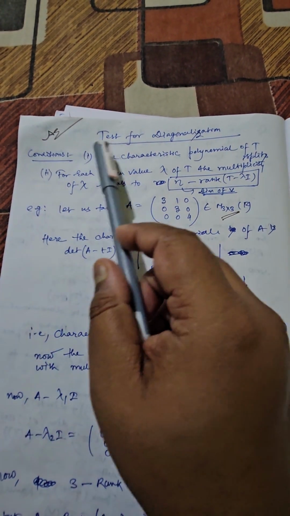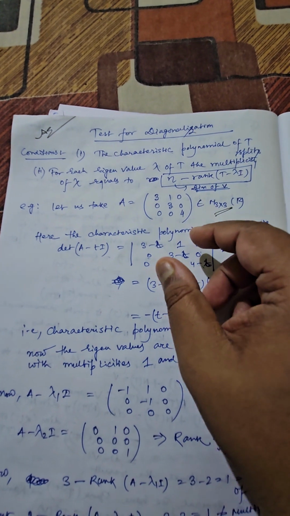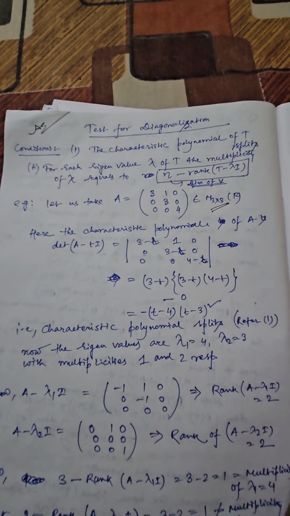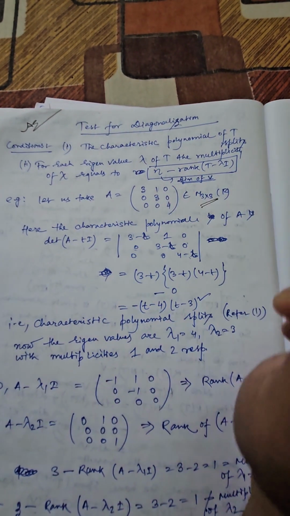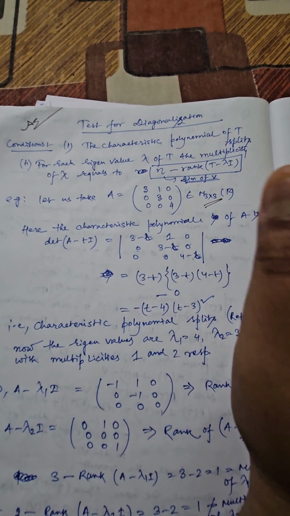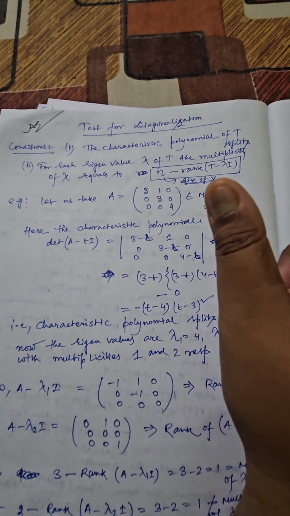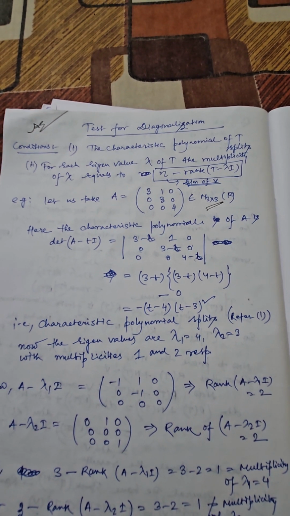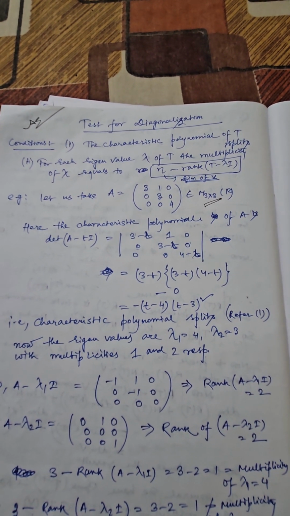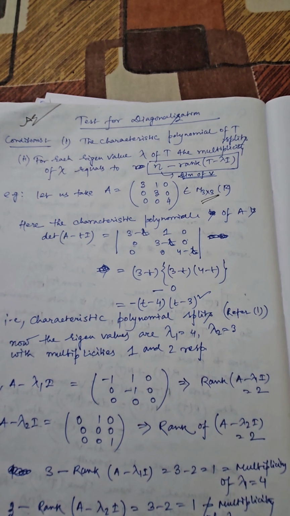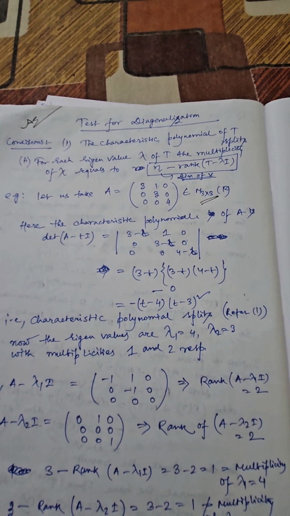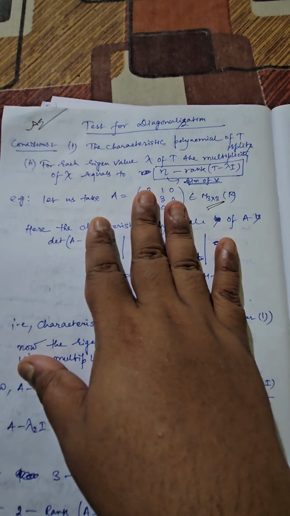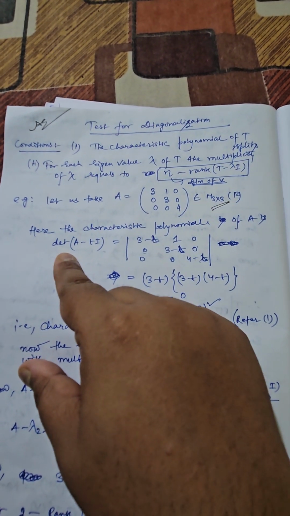So here you can see initially I have given two conditions by means of which you can test the diagonalizability of any given matrix or sometimes of any given linear mapping. Usually two types of question may come in your examination. First of all, you may be given a certain matrix from which you have to test the diagonalizability. In the second part, a certain mapping will be given to you. Obviously you can say T maps from V to W, where V and W are certain vector spaces. Then you have to find the associated matrix of that linear transformation,